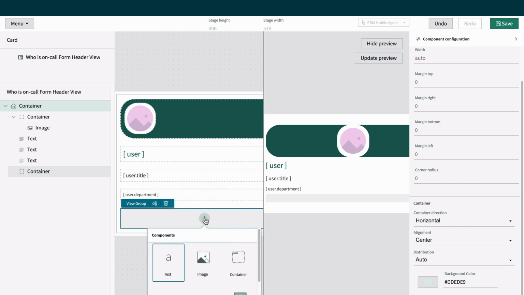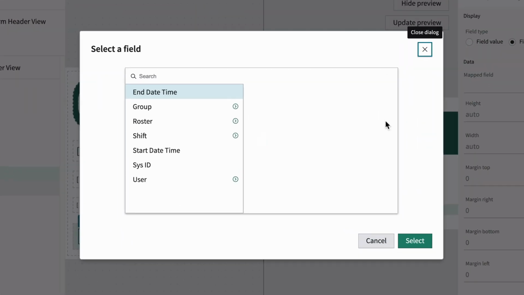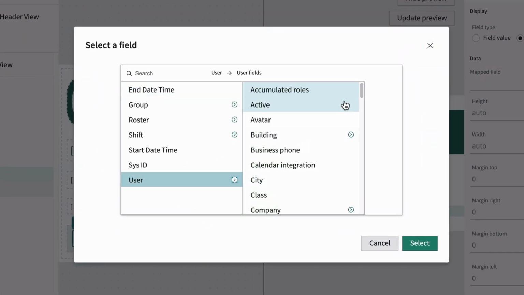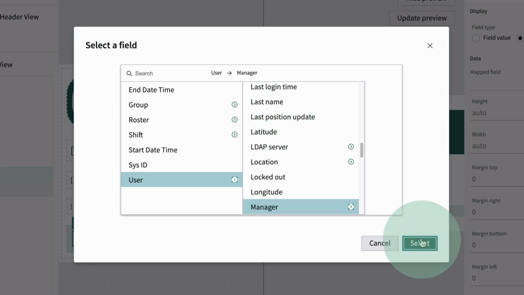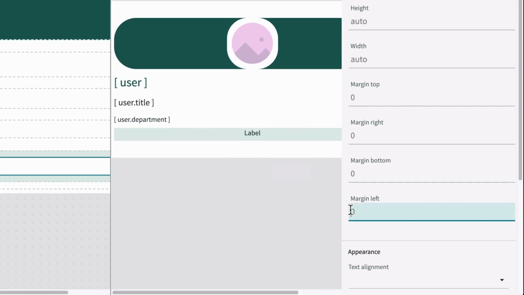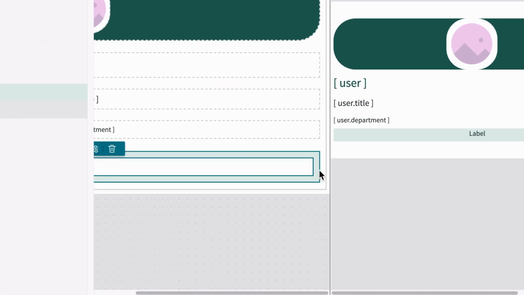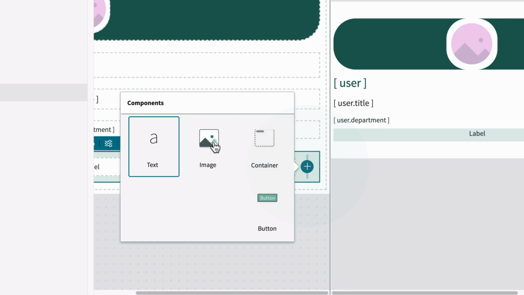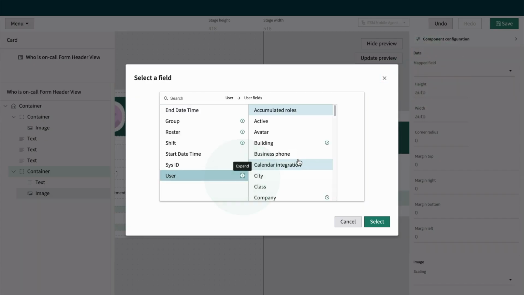For the first component, we add text for the label, select Field Label for the type, and select User Manager for the variable. We also add some padding on the left. Next, we add an image to display the manager's avatar. We expand the manager fields to select the avatar,